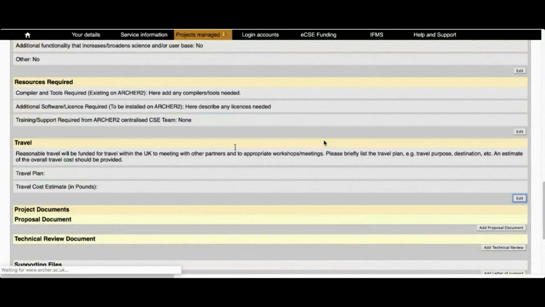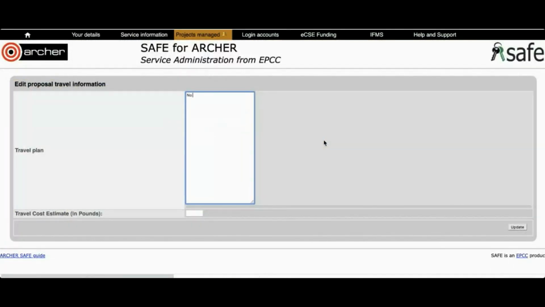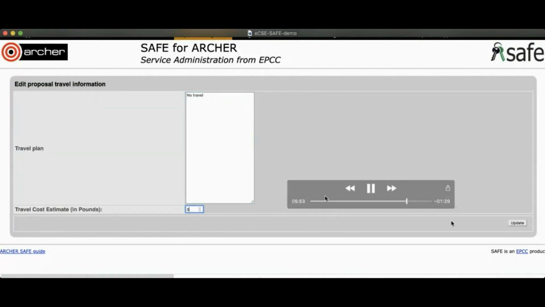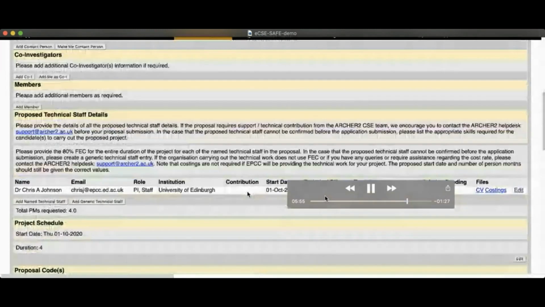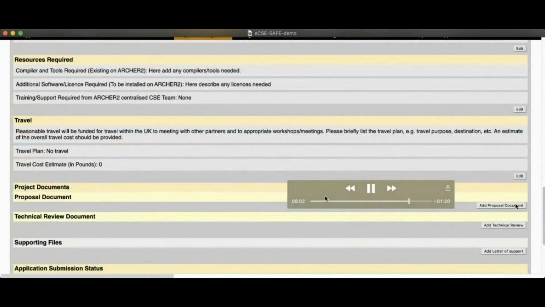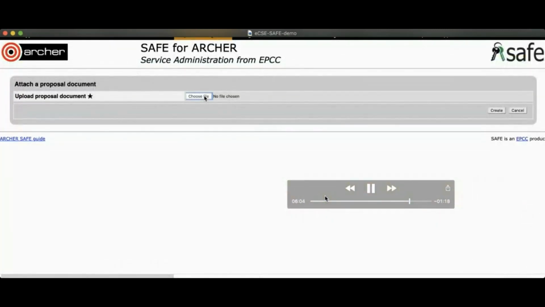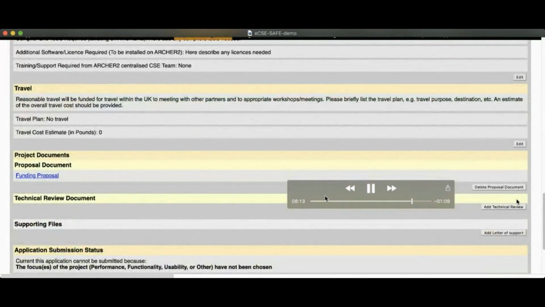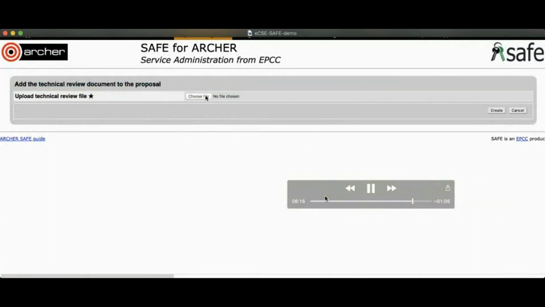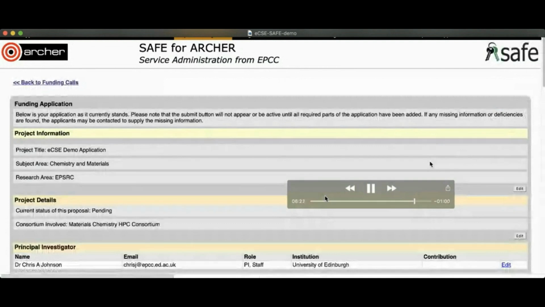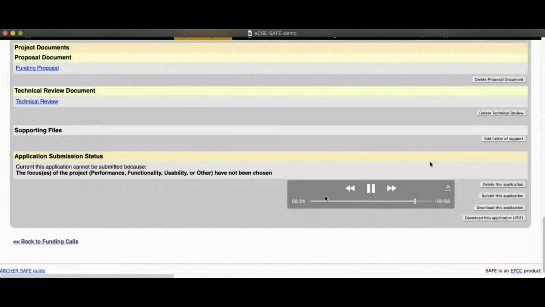So travel, I'm just going to keep this simple and say none. So there is guidance on what travel is available. So I'm going to say no travel, 0. And finally, I'm going to add my proposal document. The completed technical evaluation document is a PDF. And then I'm not just going to do it just now, but you can also